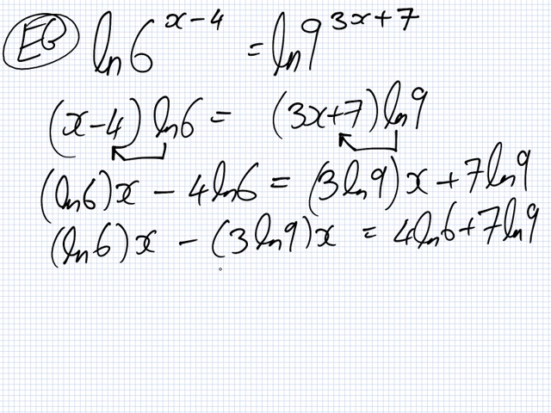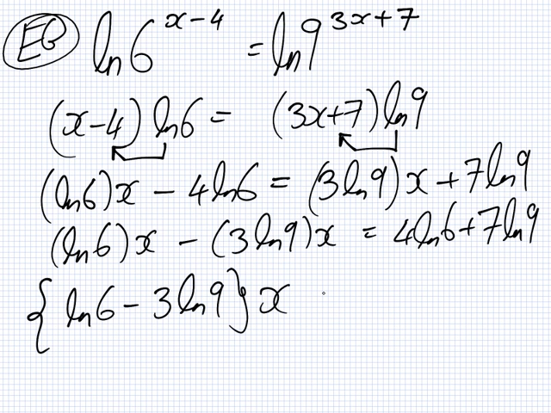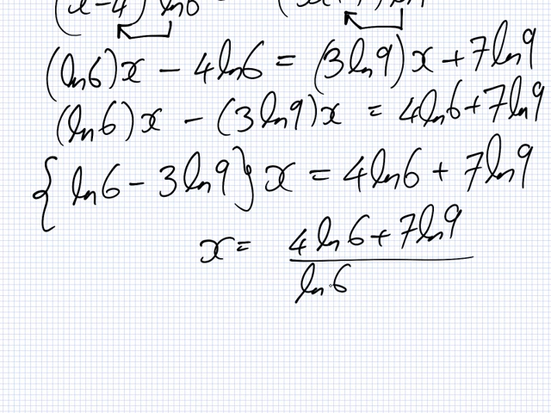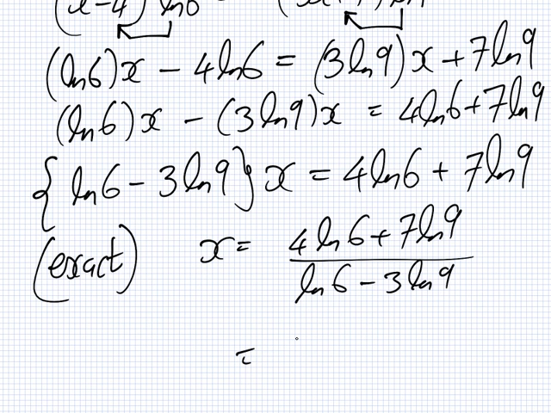Okay, so you can see that x is in common to both, so we can take the x out, and we get (log 6 minus 3 log 9) x equals 4 log 6 plus 7 log 9, and you realize there's only one step left, and that's to divide. So the last step then is x equals (4 log 6 plus 7 log 9) over (log 6 minus 3 log 9). Often they want the answer like this, but not always. If they say exact answer, you can leave it like this. But as a decimal,